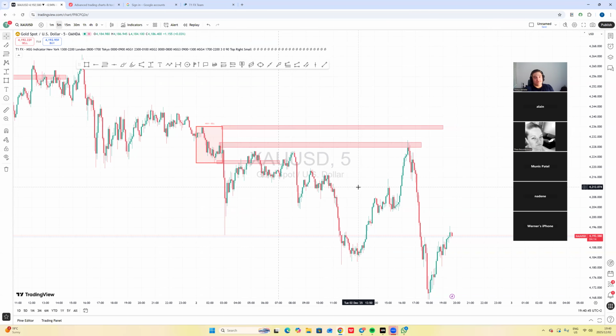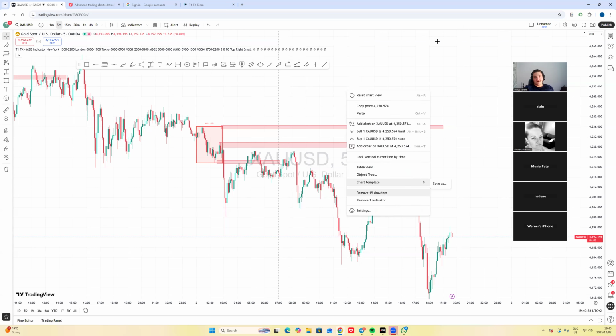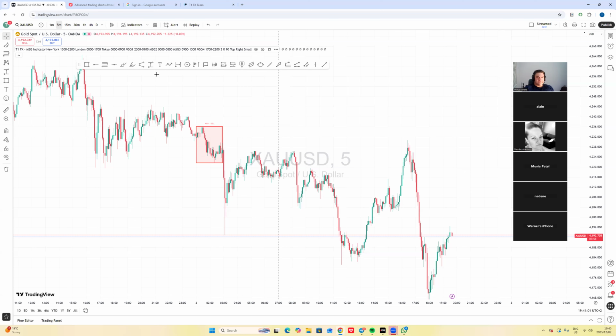Anything after 7 o'clock, it's no more valid, using the MSG in the morning, 3 o'clock. So between 3 and 7, something must happen. If there's just consolidation sideways after, and it's already after 7 o'clock, you're not going to trade it anymore. Okay, so how do the other sections work? How does all the other stuff work?